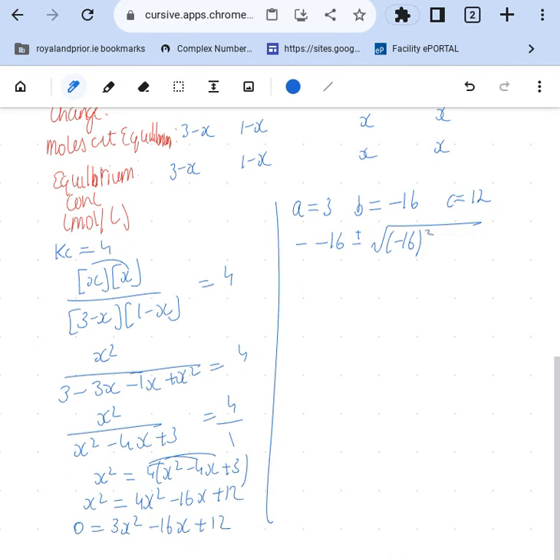Write it out, I'm just tight for space. You need your brackets around your minus 16 squared. Otherwise you might get a math error. You'll definitely get the wrong answer if you don't get a math error. Minus 4ac, all over 2a. Now when you type that in your calculator,